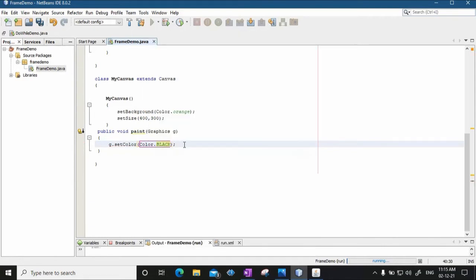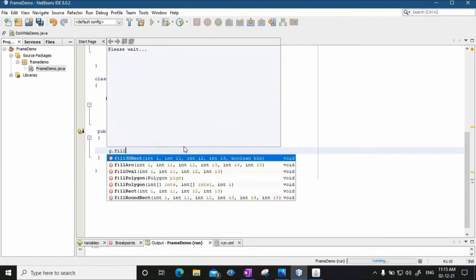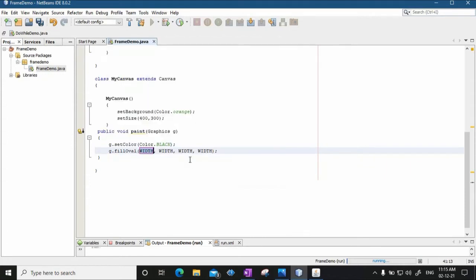Black is the color, and I'll say g dot fill oval, whose position is 10, 10, and the width is 100 and the height is say 80. I have randomly given the values.